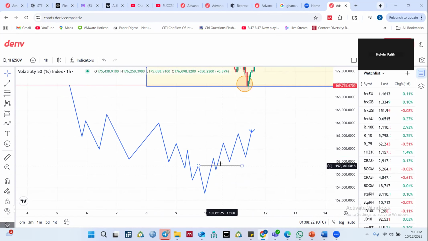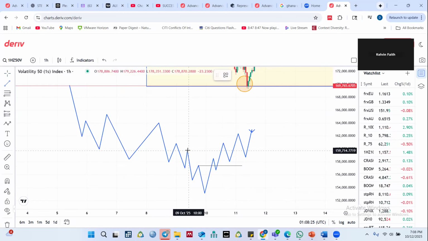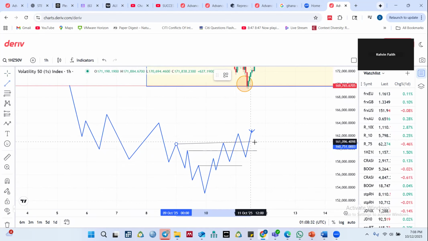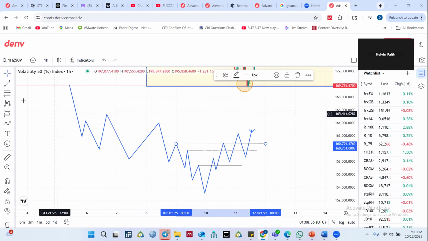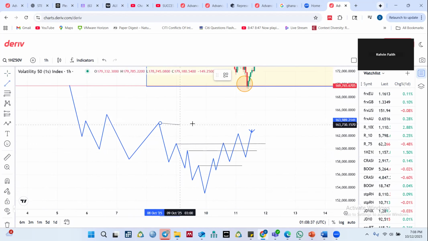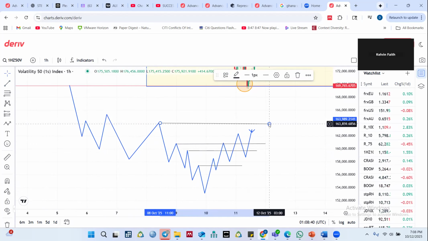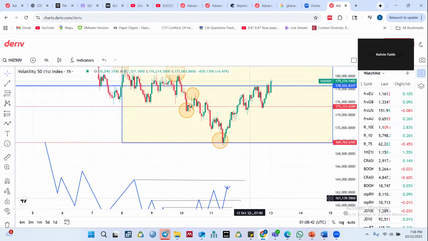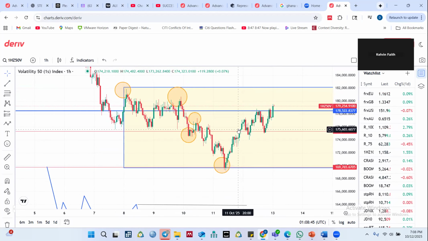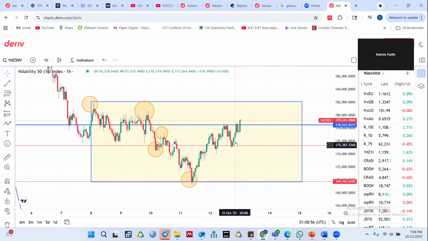Okay, so we get a change here, a break here. We get this break, another break, and we get this break also. And currently, price might be targeting this to break it. And all of this is happening into the precision support resistance line. Okay. And as it does that constantly, and price stays above this red line and blue line whilst breaking structure